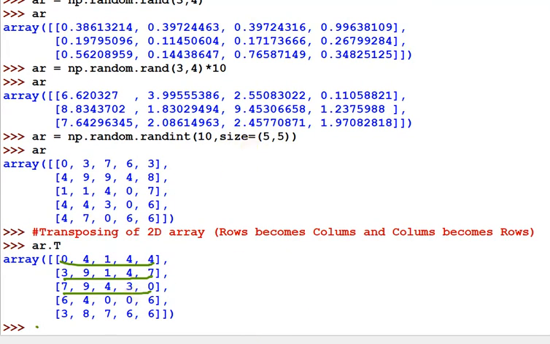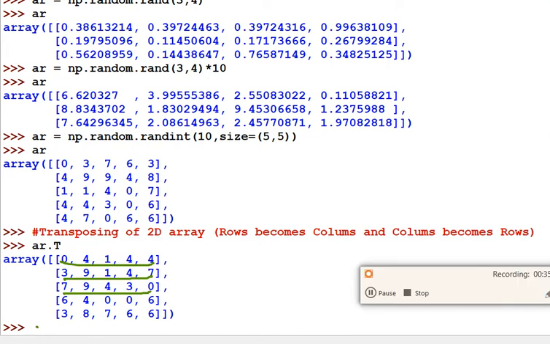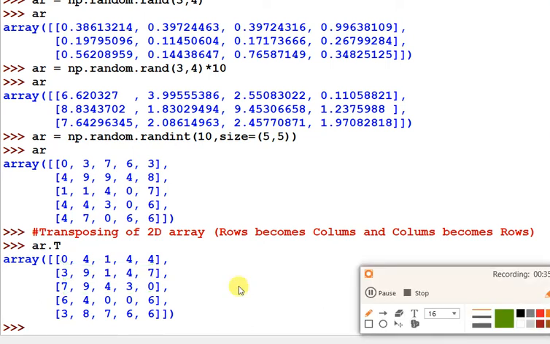Look here. In the first array, the first row is 0, 3, 7, 6. These are the elements in the first row. Look here, this row is converted into a column. The first row is converted into the first column, the second row into the second column, the third row into the third column.